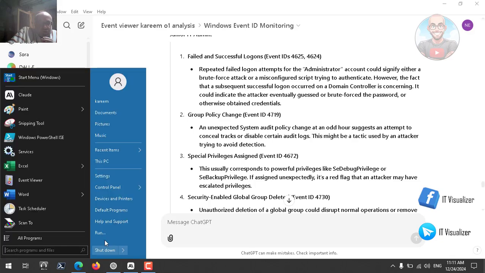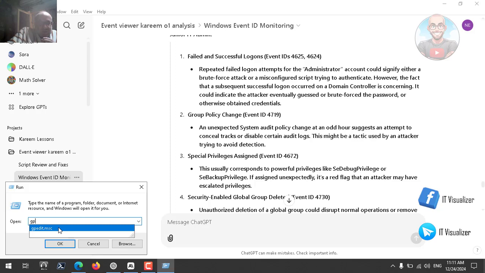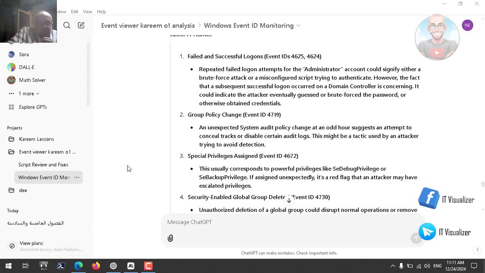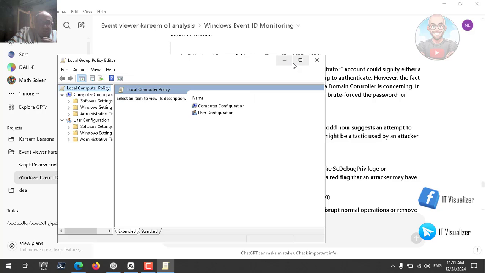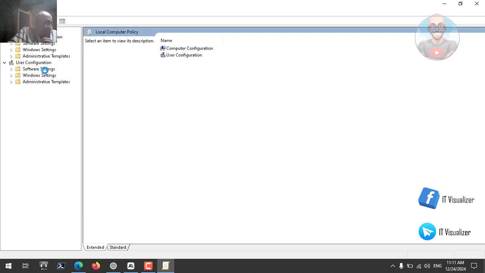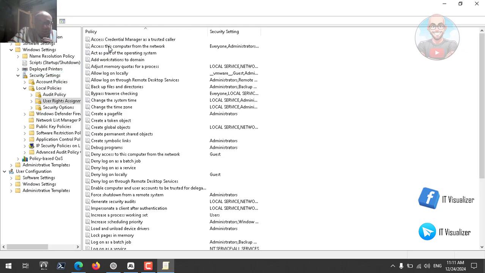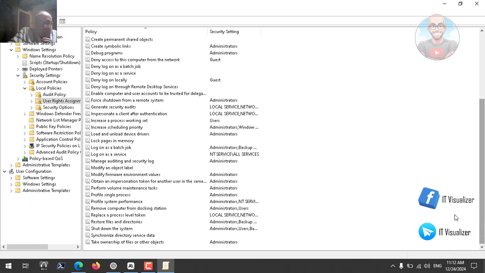I think if we go to my local policy, gpedit, and we go to a certain section here. Let me show you what I mean exactly. We go to the Windows settings, then security settings, then local policies, then user rights assignment. We can see here there are a lot of things. Maybe he is adding himself to, let me see here, he can add himself